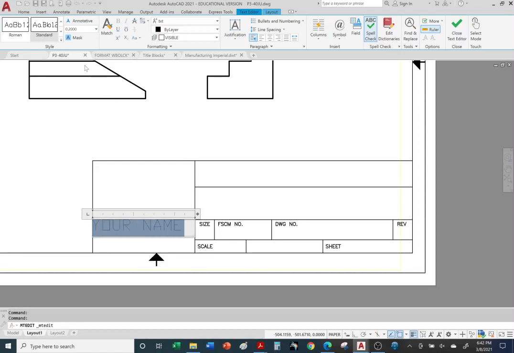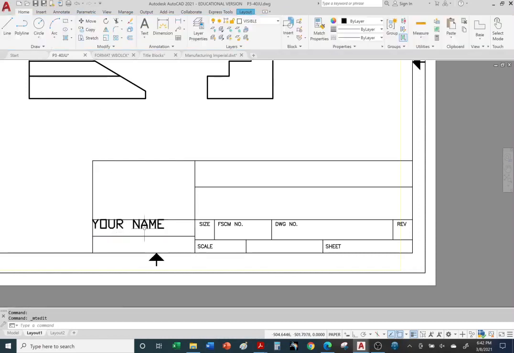Actually not that large, but we can go with 0.16 and enter. And your text now is a lot smaller, as you can see. And you can make changes to your text. If I, once again,